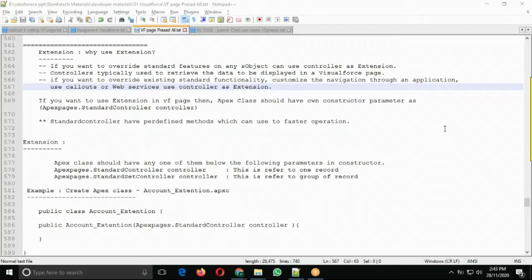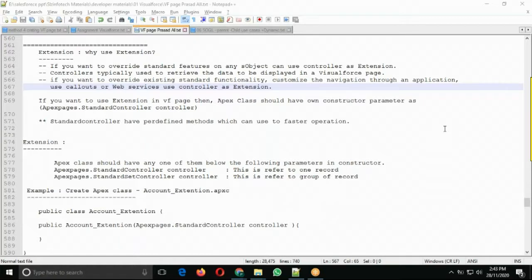Generally, controllers are used to retrieve the data to display in the Visualforce page. While using the extension as a controller, we can use a combination of standard features and custom features simultaneously.